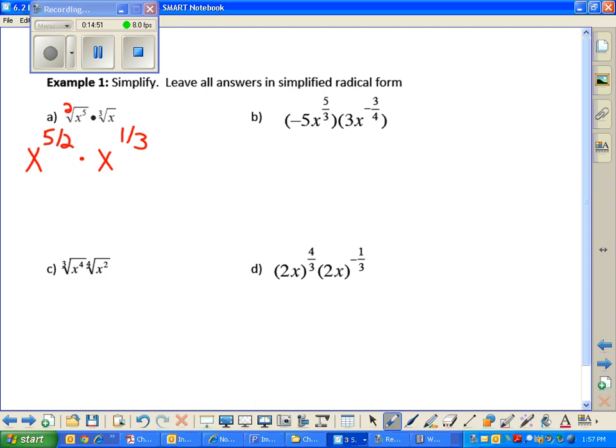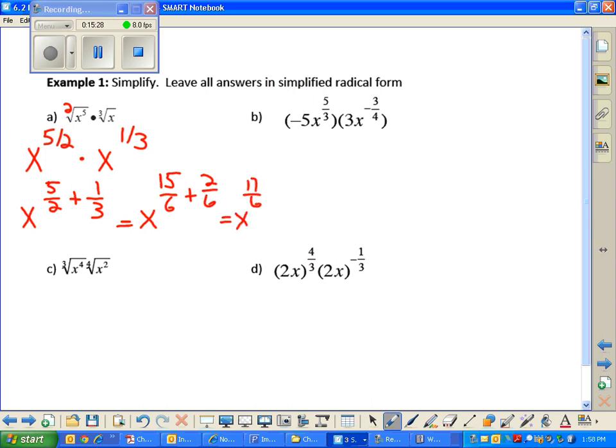So now I have like bases multiplied together. Can anybody tell me what I'm allowed to do with the 5 over 2 and the 1/3? Noah: You add. But you need a common denominator, well said. The common denominator would be 6. So if I turn 5 over 2 into a denominator that has 6, I'm multiplying that denominator by 3, which means I need to multiply the numerator by 3. And then 1/3 with a denominator of 6 is just 2/6. So you get